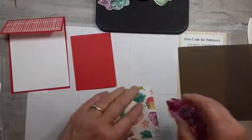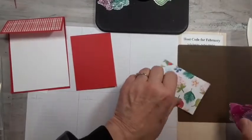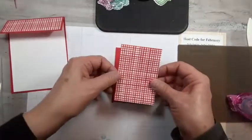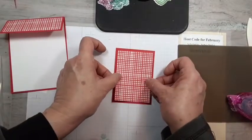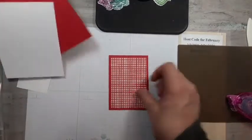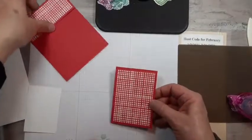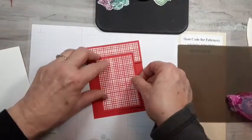Now this one, I usually do it on here and I'm off on my paper. Better be careful, I don't want to get that all over that other. Okay, there's that. And then this will be, I'll stamp on that as well. So I'm going to, but let me just,